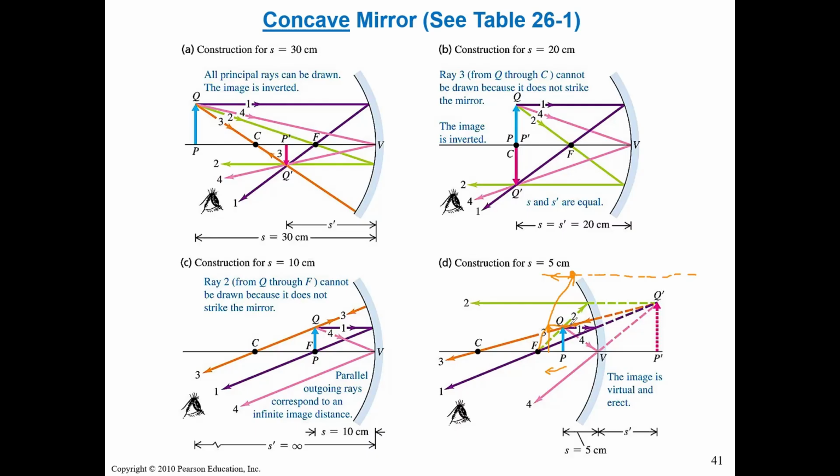Again, this P ray is always the same. This tells us that the P ray and F ray will converge at a point that's even higher than Q prime. So if you move the object closer to the focus, you're going to generate a larger virtual image. This is what we talk about in this